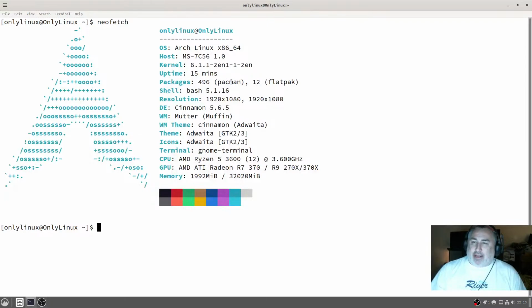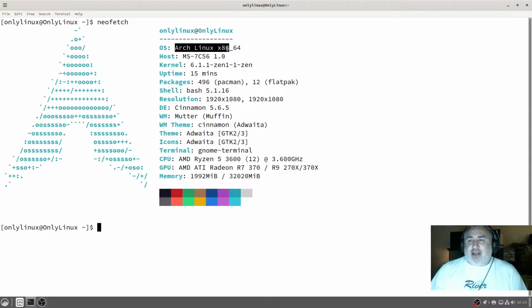Some of the main packages that are on a typical Arch spin are not going to be on this one. And the only reason there's Flatpak is it took 12 Flatpak packages to build OBS Studio and Brave browser. So that's why there's that many. I mean, that's just for 2 programs. So anyway,